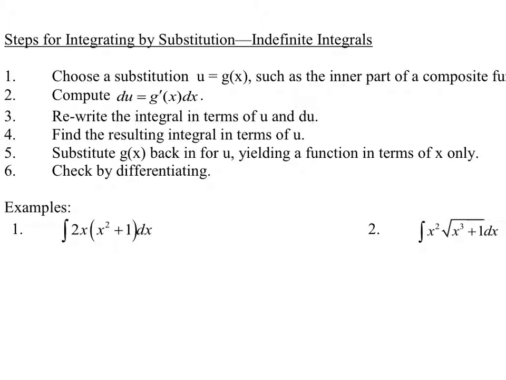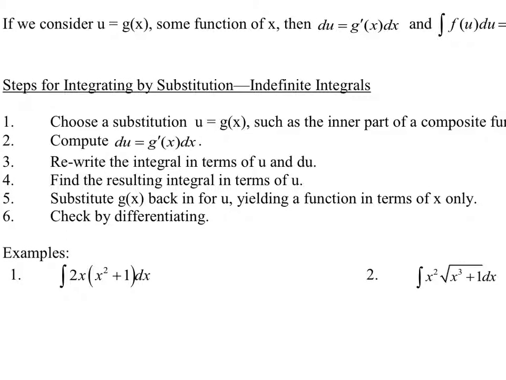In this case, it looks like it's just the x squared plus 1. But generally what we're looking for is something that is differentiable to the other part of the function. All right, so choose a u such as the inner part of a composite function, but it must